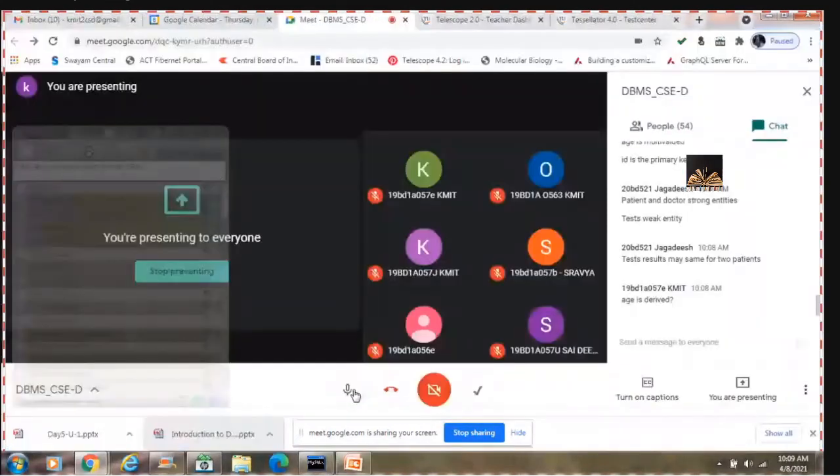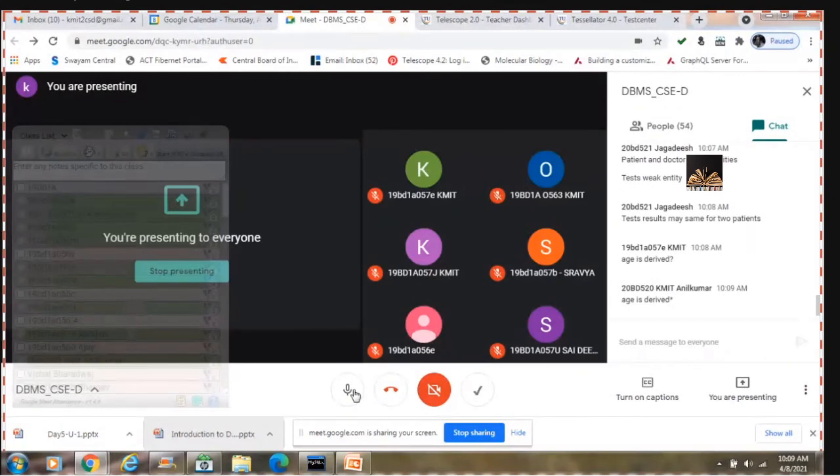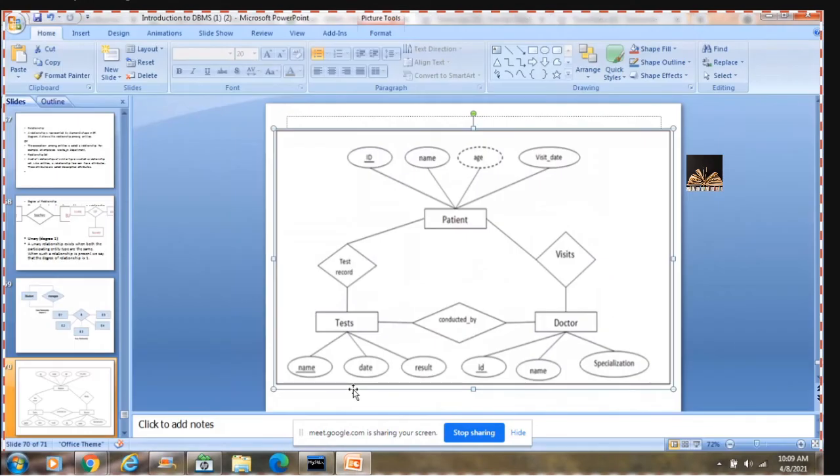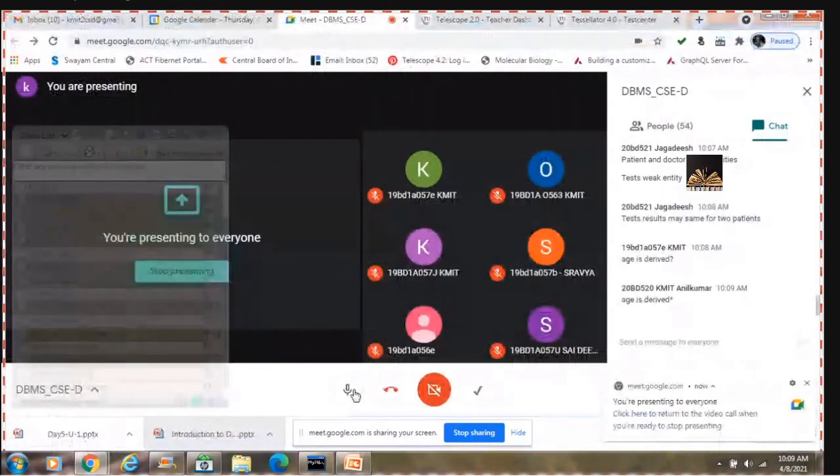Yeah, according to the diagram, age is derived. It's not a complete list. Based on the symbolism, you have to just understand that. Test results may be the same for two patients, that is fine, ma'am. But the name of the test is unique, he's telling. Name of the test is unique.